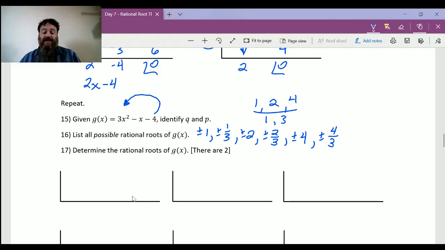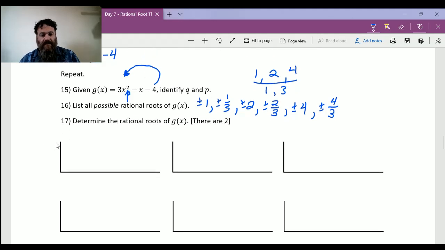Again, there's going to be two of them. We know that because the degree here is 2. That was from the fundamental theorem of algebra before. We don't know what they're going to be. I don't even know what they're going to be. It's been a while since I've looked at this particular set of notes, so let's just go ahead and do it. 3, -1, and 4. The fact that there's a 3 in front, I do know one of them is going to be a fraction, so it's going to be one of these 3 guys here. But we'll just go ahead and start with,